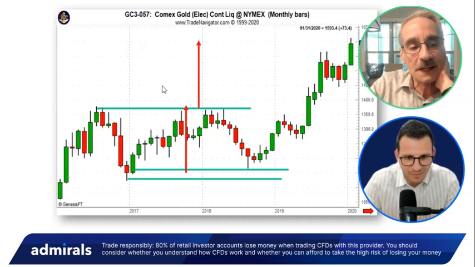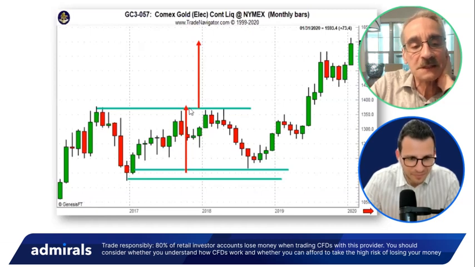A little FYI, once again, I don't have a slide on this, but I like using a multi-tested resistance area. I swing it over. I call it change of polarity. I'm sure it's a Western technique, but this old resistance, very often, if you mentally swing it over, becomes support. See that? Yes. Once you close above it, it becomes a potential support area. So if you buy on a breakout of a box range, I would have a protective stop under this horizontal line.